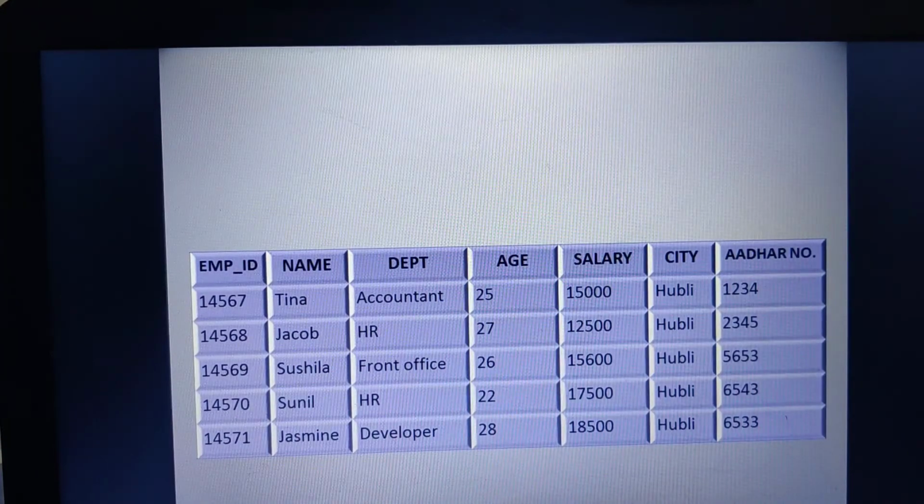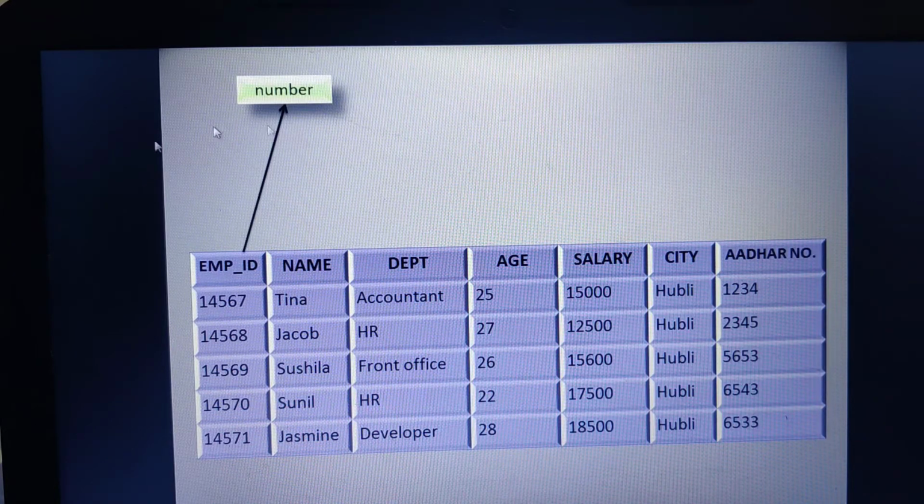Here I have a table with an employee ID, as we have discussed in the previous video. Here I am making the employee ID a primary key because this employee ID cannot have a repetitive value.